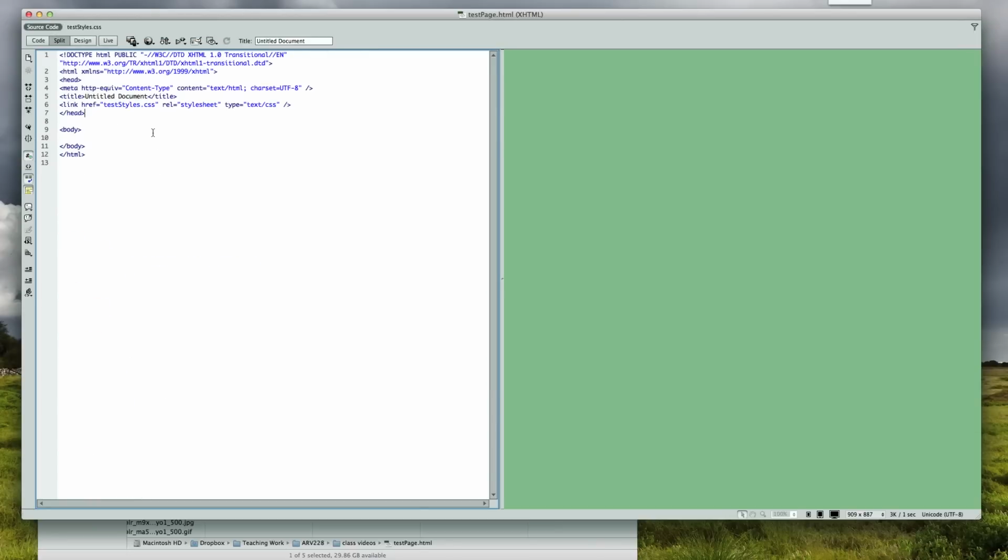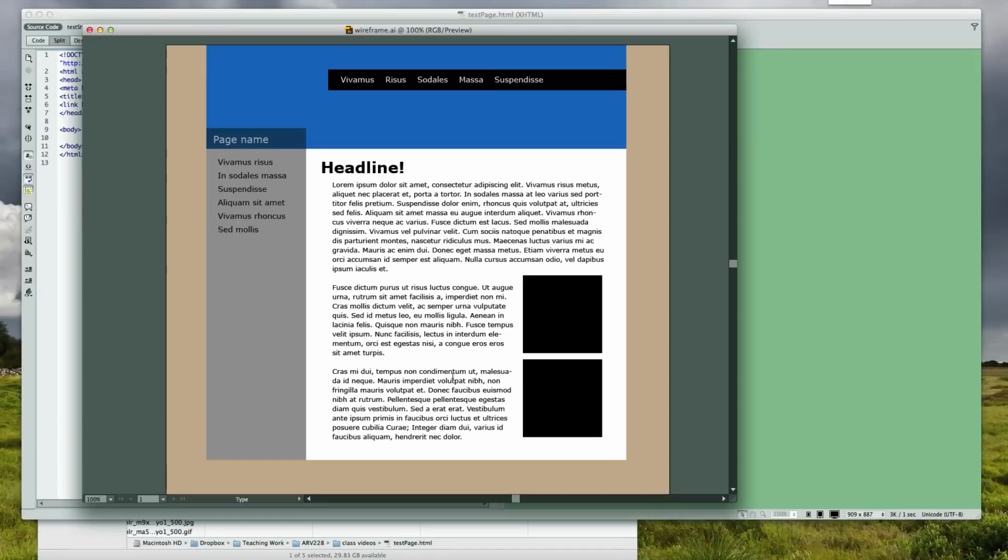So now the first thing that we want to do when we design a page is to sketch it out on paper, just on the back of a napkin or a piece of scrap paper, just to scribble down some ideas. And then once you do that, you can do a basic wireframe. And I usually use Illustrator to do that. So what I did is, in Illustrator, I created this document